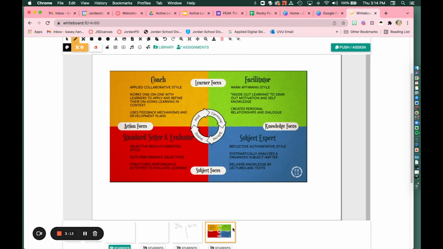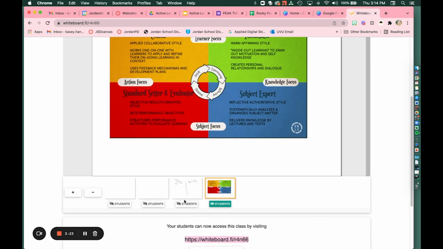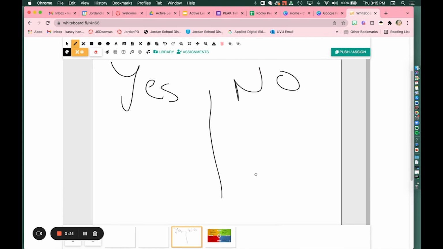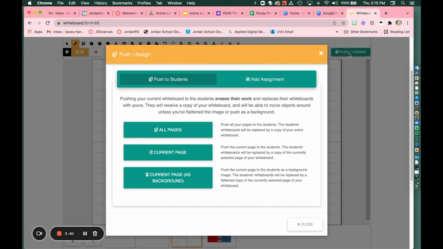So let's say all my students are in and I am ready to do the activity. I need to make sure that they can see the board that I want them to. So this is what they see right here. And I then want them to do an activity. So I've created this background, I've added a picture, I've done a grid where I want them to do certain things, draw a shape, whatever the case may be. And then I'm going to push it to the students. So that's that vocabulary there that we need to know. I'm going to push the pages to